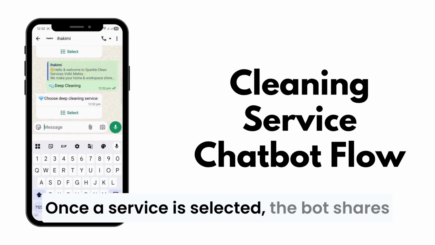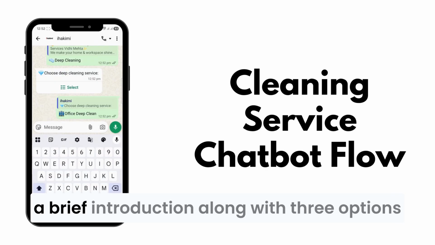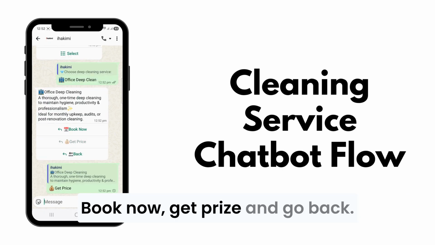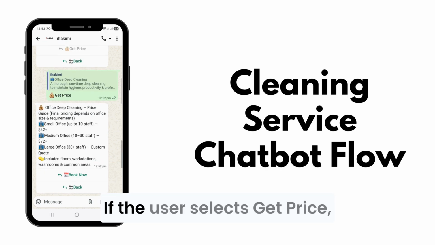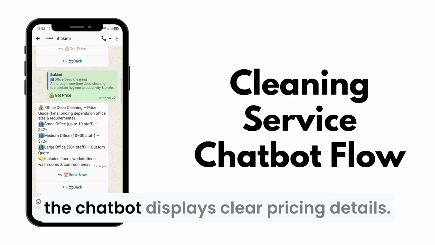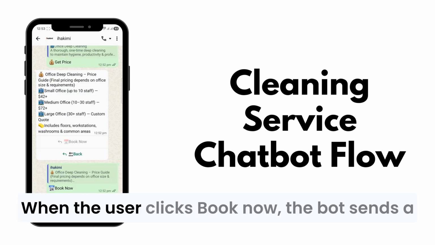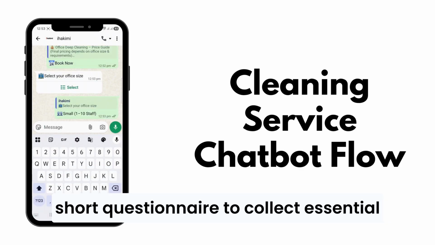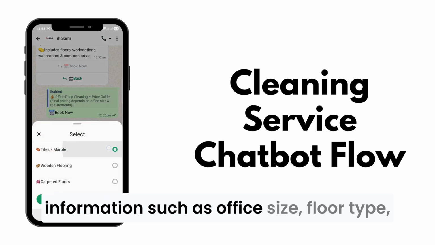Once a service is selected, the bot shares a brief introduction along with 3 options: book now, get price, and go back. If the user selects get price, the chatbot displays clear pricing details. When the user clicks book now, the bot sends a short questionnaire to collect essential information such as office size,